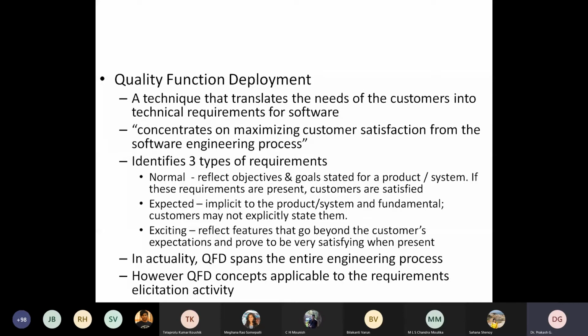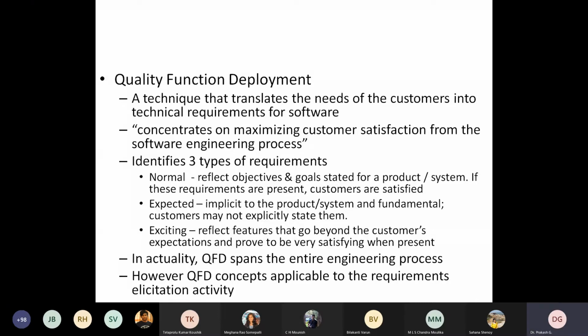After that you realize, oh, the placement is also an important requirement that we forgot to explain to the company. So this is expected but not revealed by the customer explicitly. This is also an important requirement, because of the placement only the college is known to everyone, so that in future many students can join Amrita.